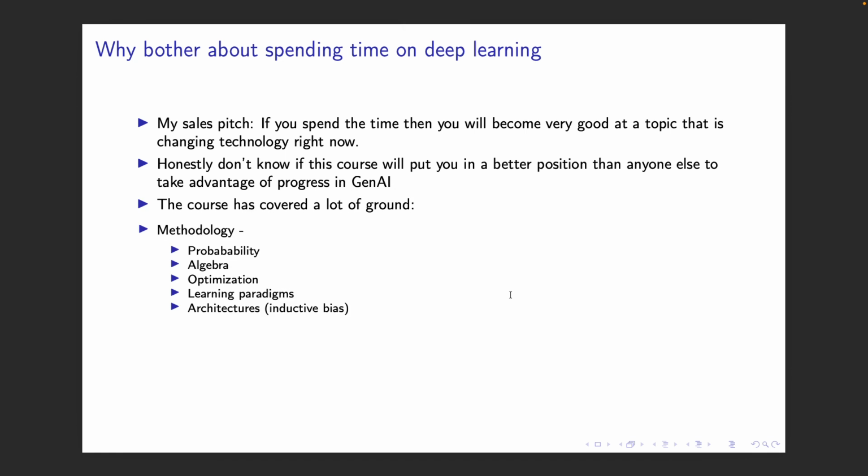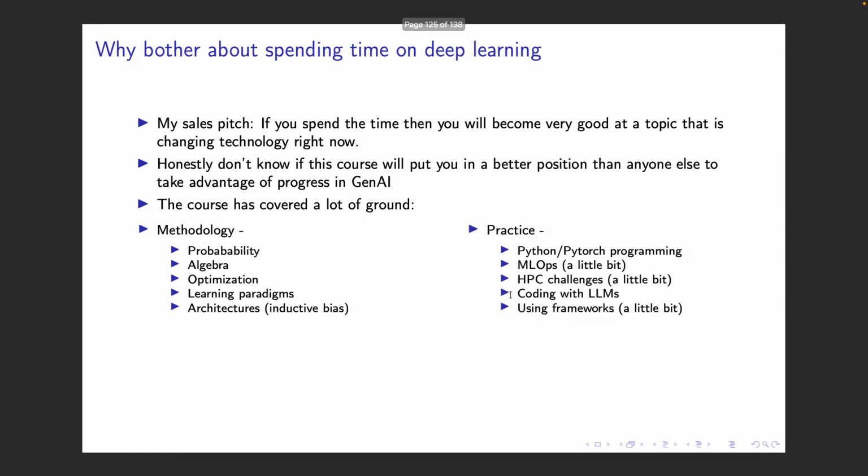Okay, so I just want to reiterate what it is that we have actually seen in this course, right? We have seen a lot of things coming from many different places. We've seen probability, a lot of linear algebra, optimization, learning algorithms, and architectures. Remember this thing about, when you choose an architecture, think about what the inductive bias is. We have also in practice done a lot of Python and PyTorch programming, a little bit of MLOps,